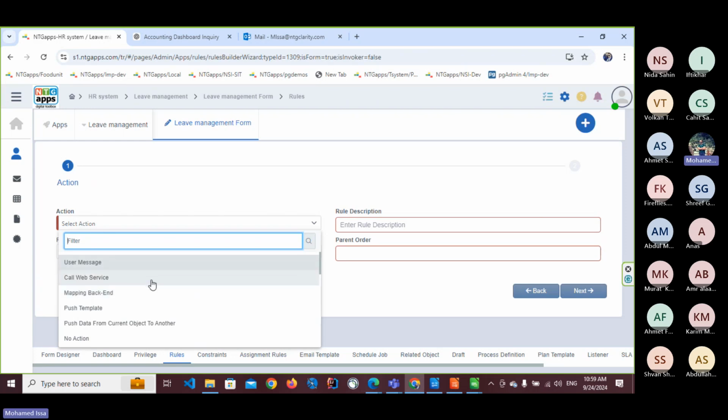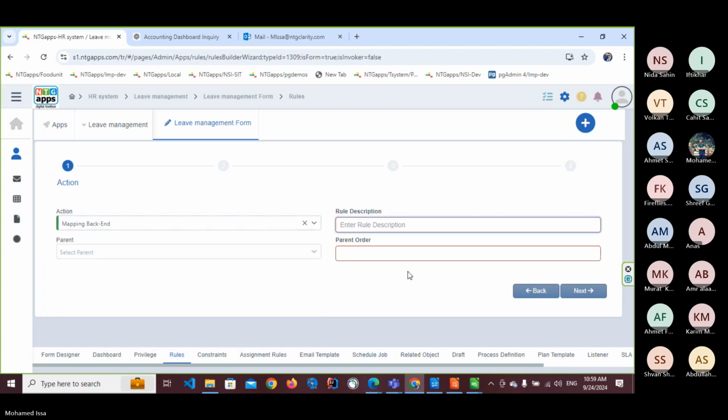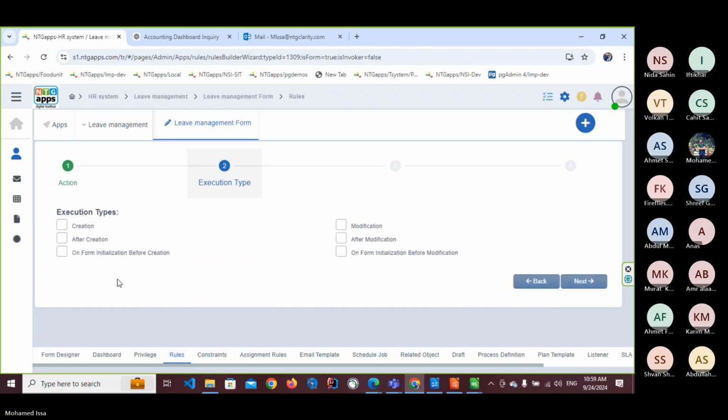I will talk about these different actions in the future, inshallah, but this is the most simple that I'm going to use a lot, so you can get used to it. The description, maybe request date. Parent order is 1, and the execution type is,